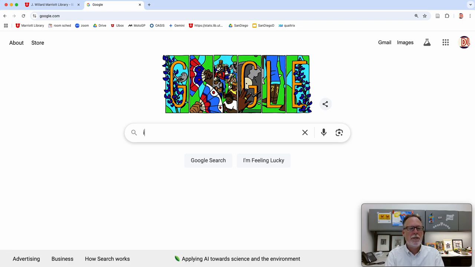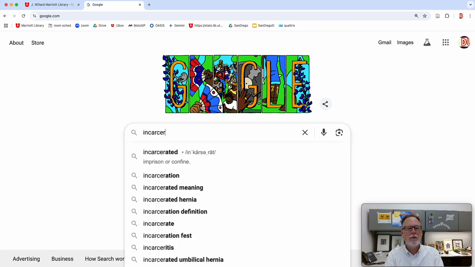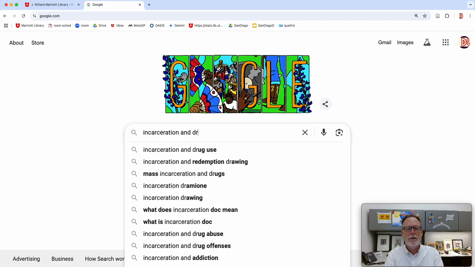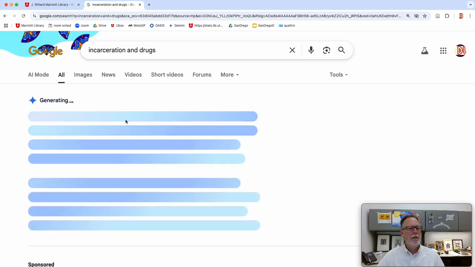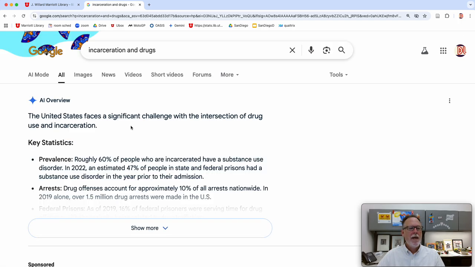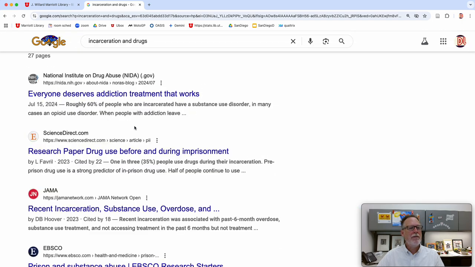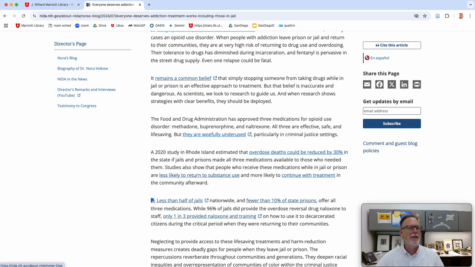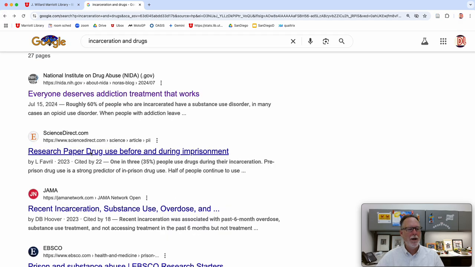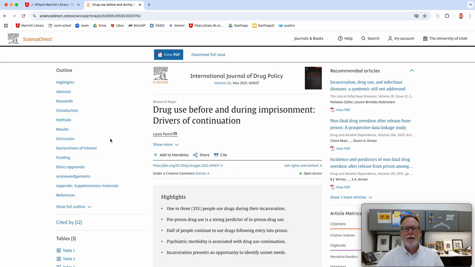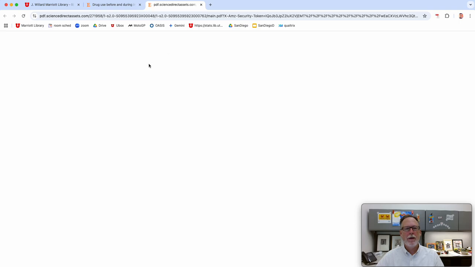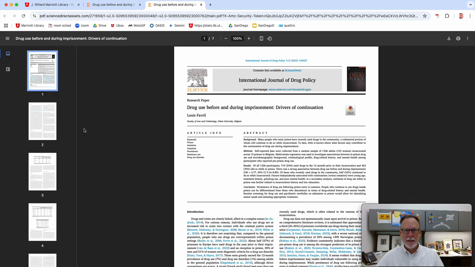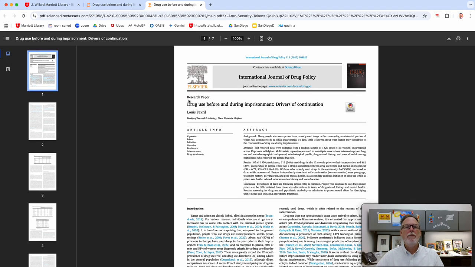So let's see, incarceration and, let's just say drugs. This is not a really good search. Thanks AI, I want to find something from a scholarly article. Where's my article? I don't want anything from Nora's blog. Oh, here we go. Okay, so even back in the day, scholarly articles were, so you could see this one's